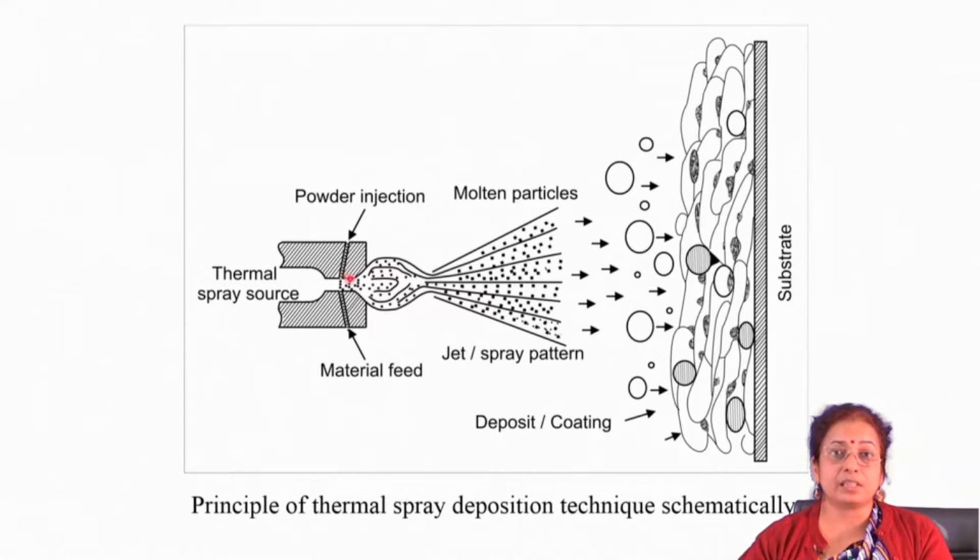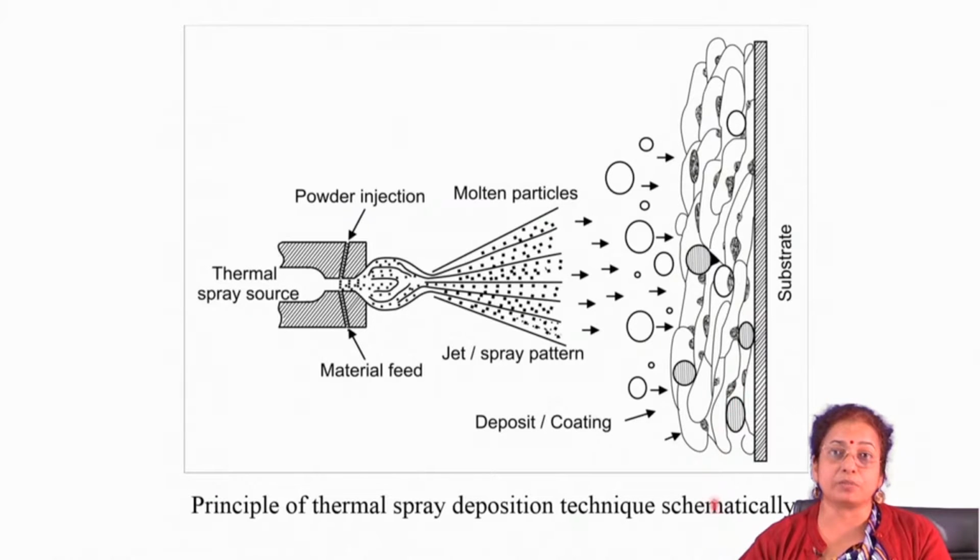That particle is fed or injected near the tip of the flame, and then it is melted, and with the help of high velocity oxygen, high velocity inert gas or high velocity nitrogen, it is propelled